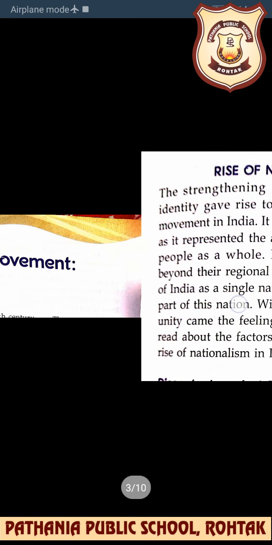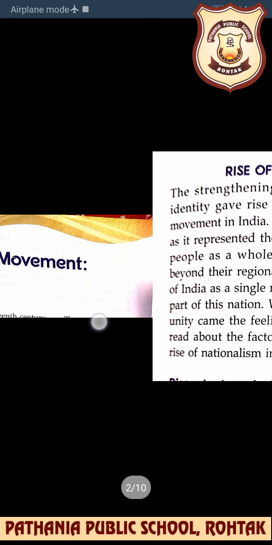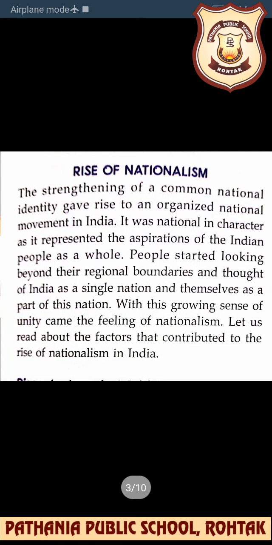There was a growth of national consciousness, and a new kind of movement took shape, led by the Indian National Congress. As you know, beta, the Indian National Congress was set up in 1885, and soon it became a mass struggle for independence. Here, mass struggle means people from all social categories, like men and women, despite any caste or religion, participated in the national movement. That is why the national movement became a mass struggle for independence.